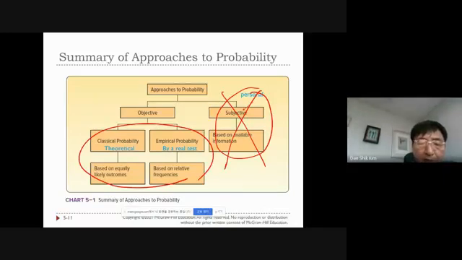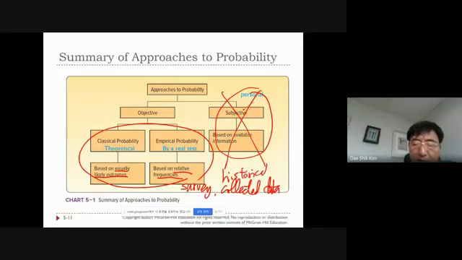If you believe each outcome is equally likely, it is theoretical, classical probability. Another one is relative frequency, usually from survey-collected or historical data. Based on last year's performance, two years ago, three years ago, you collect data. So based on relative frequency, it will be empirical. Classical and empirical probability are widely used. Okay?